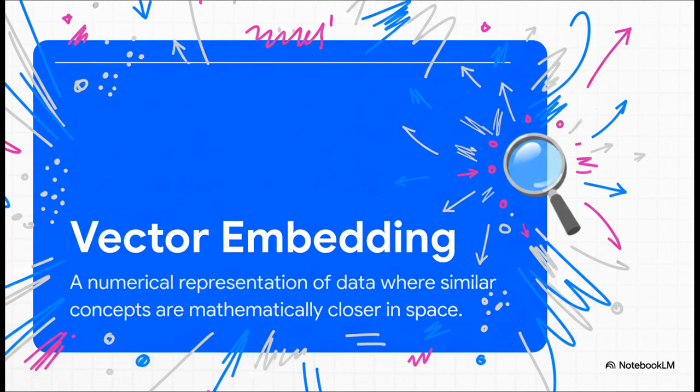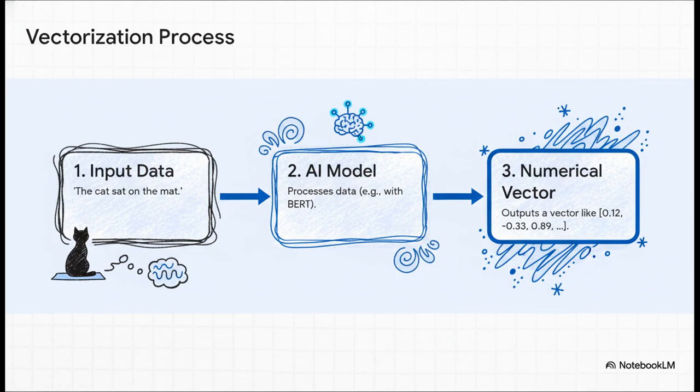And here's the cool part. In this crazy, multidimensional map of all your data, things with similar meanings end up mathematically close to each other. So here's a super simple breakdown. You start with your data, like the sentence, "the cat sat on the mat." An AI model, something from OpenAI or Cohere, chews on it for a second, and then it spits out that numerical vector. So the cat sat on the mat becomes a specific point on that map, and something similar, like the dog rested on the rug, is going to land in a spot really, really close by.